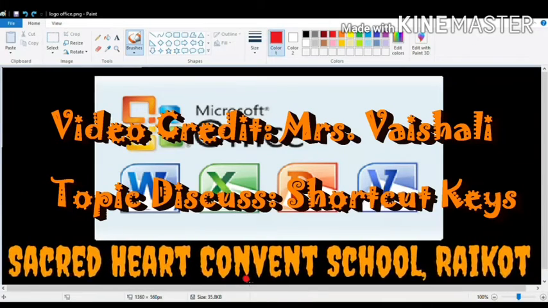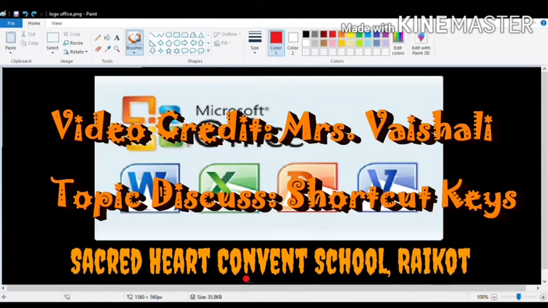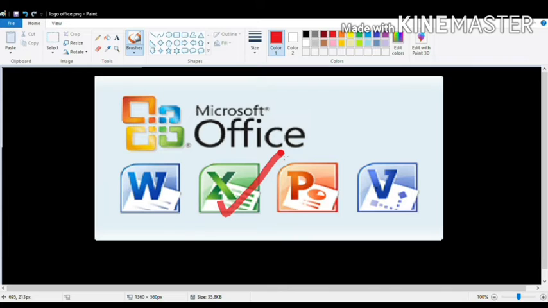Today I will discuss some important shortcut keys used in Microsoft Excel. A shortcut key is a special combination that causes a specific command to be executed. Typically, shortcut keys combine the Control or Alt keys with some other keys. In Windows environments, for example, Control plus C is used as the shortcut key to copy.